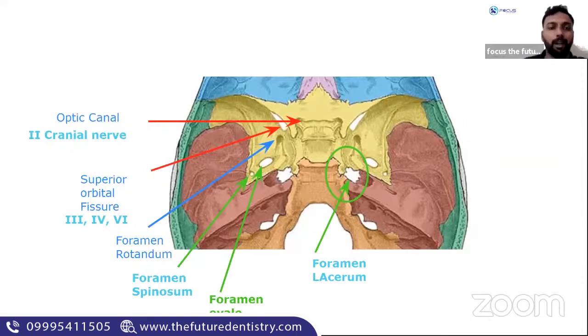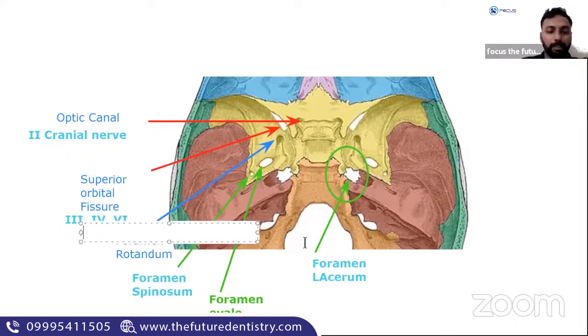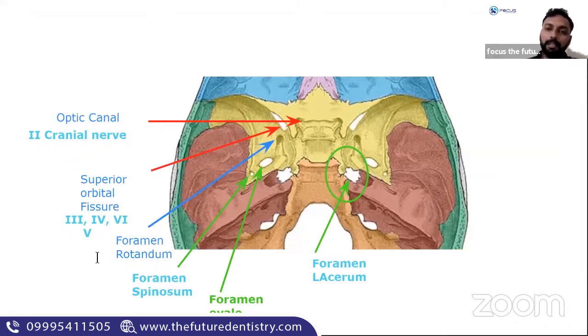Now, what is the importance of oculomotor, abducent, and trochlear? These are three nerves which are going to supply the muscles of your orbit. So your eyeball basically moves with the help of these three nerves, or the muscles supplied by them. Additional to that, what else passes through it? Your trigeminal nerve passes through it. That is the fifth cranial nerve. Now, which branch of the trigeminal nerve?